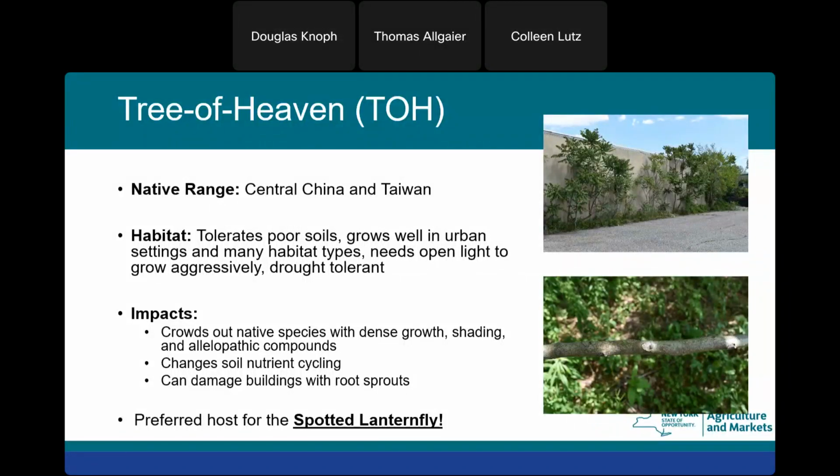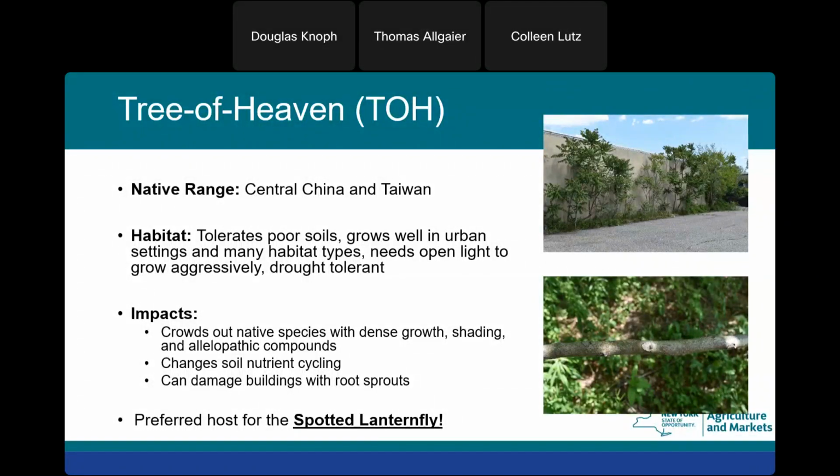It's not always a small tree. These can get quite large. The impacts of the tree are that it crowds out native species. It produces dense undergrowth. It colonizes an area, so it'll have many stems from the same root system.